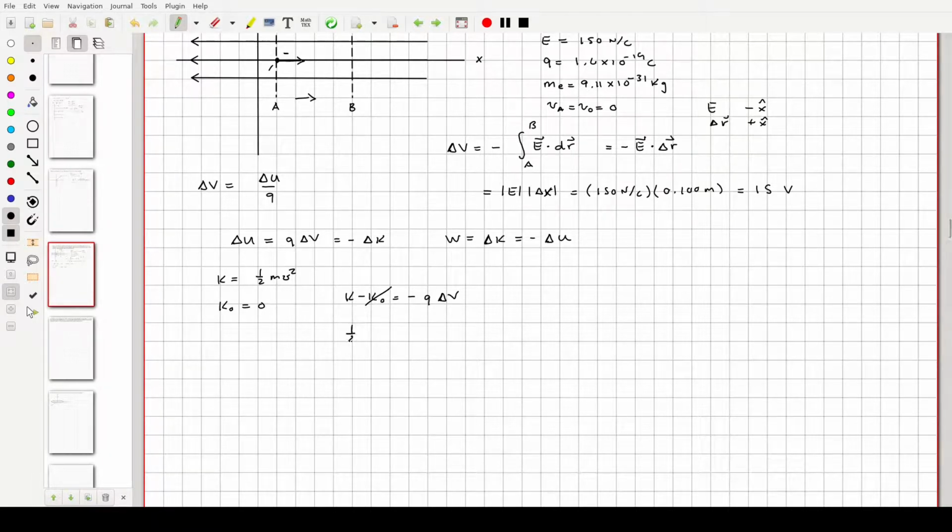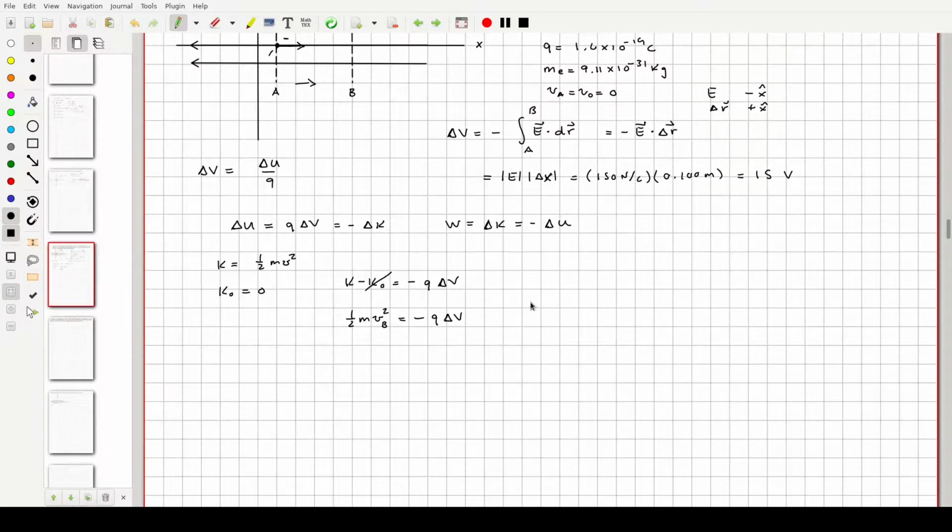So this is 1/2 mv squared. That v is going to be at point B. That's equal to minus Q times delta V. So here, our velocity at point B is going to equal the square root of minus 2Q delta V over M. And you have to take the square root of it. So if you plug stuff in,